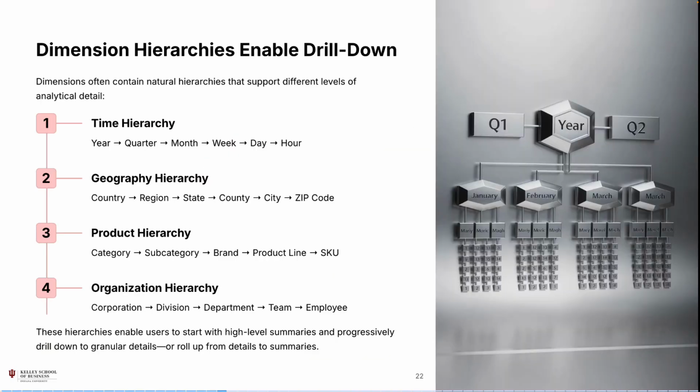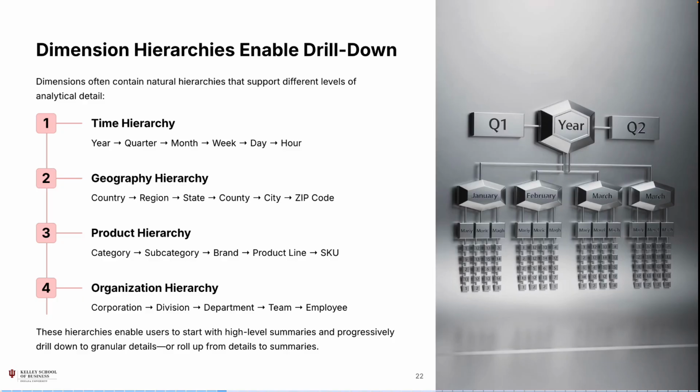Dimensions often contain natural hierarchies supporting different levels of analysis. For time, we can start with annual sales and drill down to quarter, then monthly, then daily, or we can roll up from daily to monthly to see the big picture. And geographically, we can have country, region, state, and city. So hierarchies are like zoom lenses. Start with a big picture, and then you can zoom in as needed, or you can start with details and